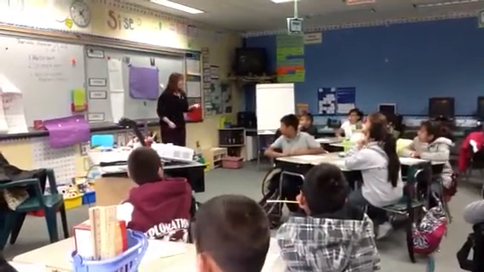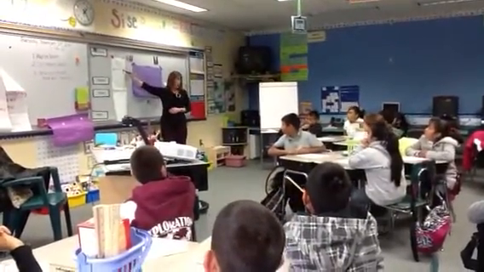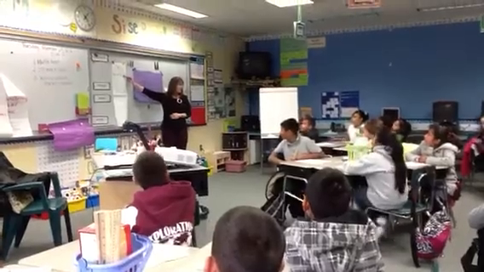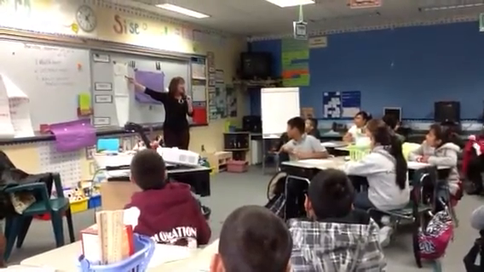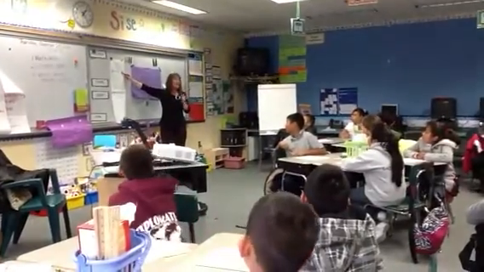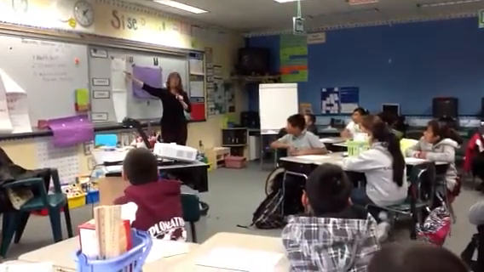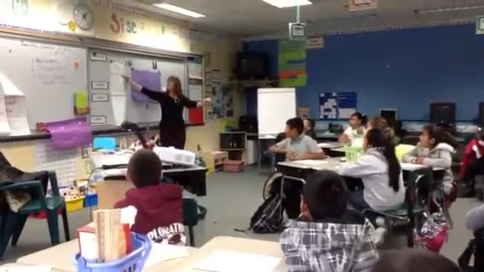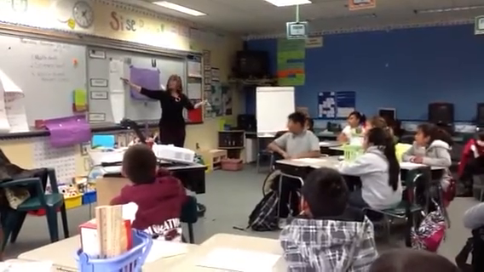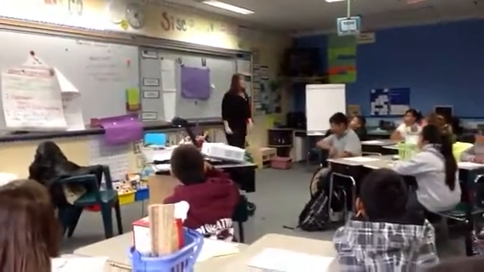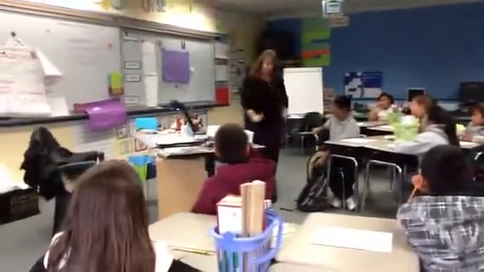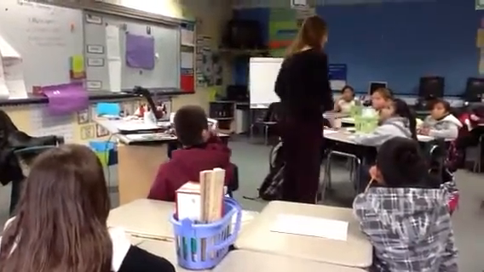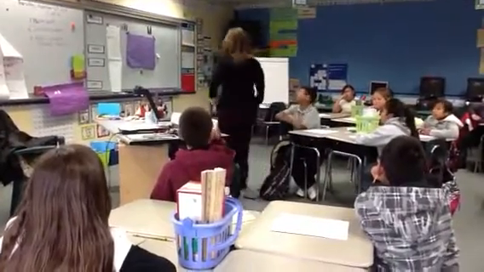So I'm going to read my list. I want your eyes here. I'm waiting. Thank you. And I'm going to say it. You repeat it. These are ly words. Here we go. Bravely. Bravely. Briskly. Briskly. Do you know what brisk is? If I'm walking like this, it's not brisk, right? But if I go like this, that's briskly. Right?